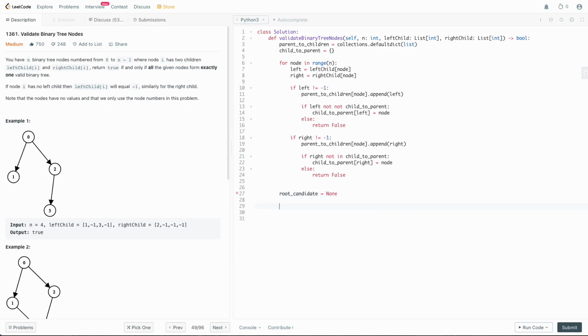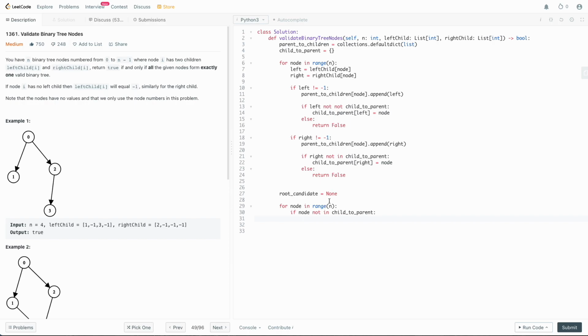And we're going to be double checking that there's only one node that doesn't have a parent, because we can't have multiple roots, right? So we're going to say for node in range of n, if node not in child to parent,